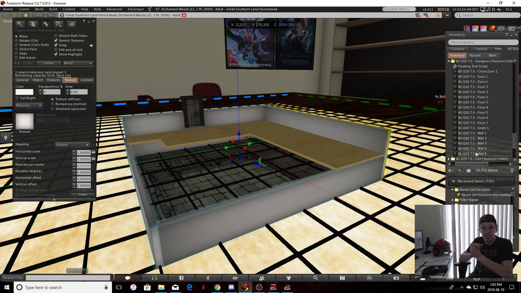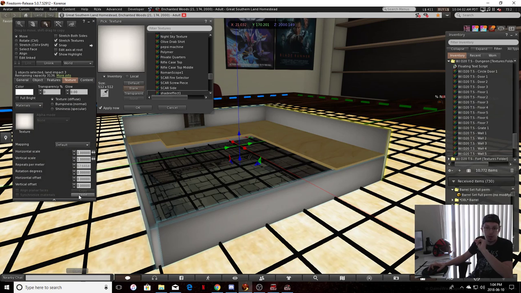The first option is to literally just drag from your inventory over here to the texture box. But you're also able to do this by simply clicking on the texture box, and it brings up this. This allows you to view all of the textures in your inventory, and only textures. However, I don't like this particular function,